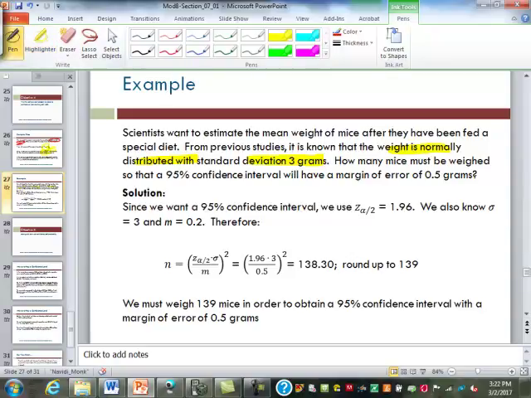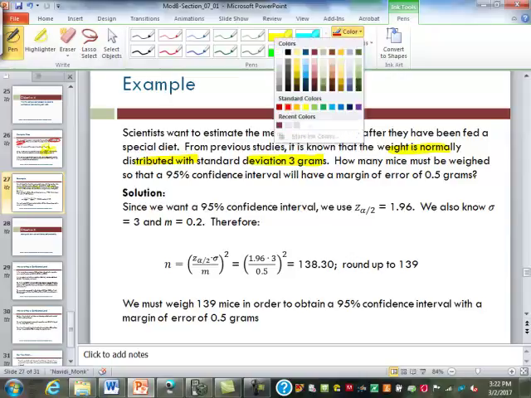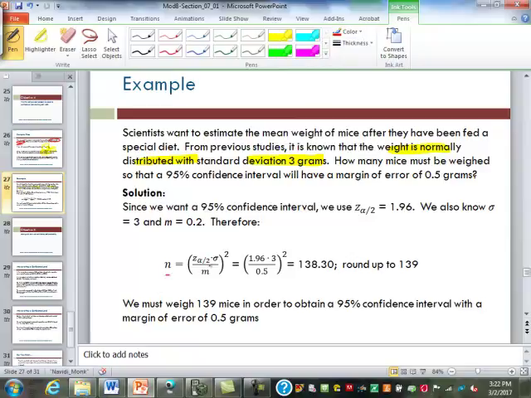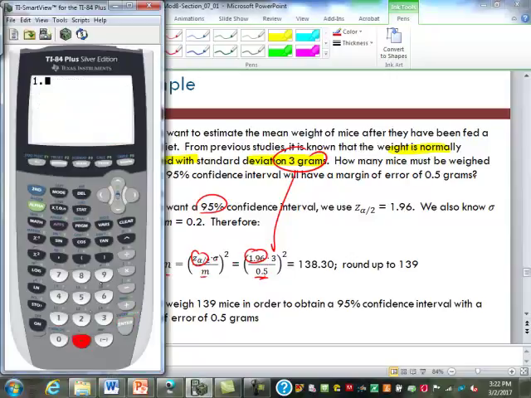So to try to get that margin of error to 0.5 grams or less, we're using our formula here. n equals z alpha over 2, in other words, the critical value, times the population standard deviation divided by the margin of error, and then squared. It's a 95% confidence interval, so our critical value is 1.96. Population standard deviation was 3. And we wanted to be within 0.5 grams, so that's our margin of error. So on the calculator I'm going to do 1.96 times 3 divided by 0.5. Now I'm going to hit equals. Then I have to square that, so x squared. And I get 138, rounding up to